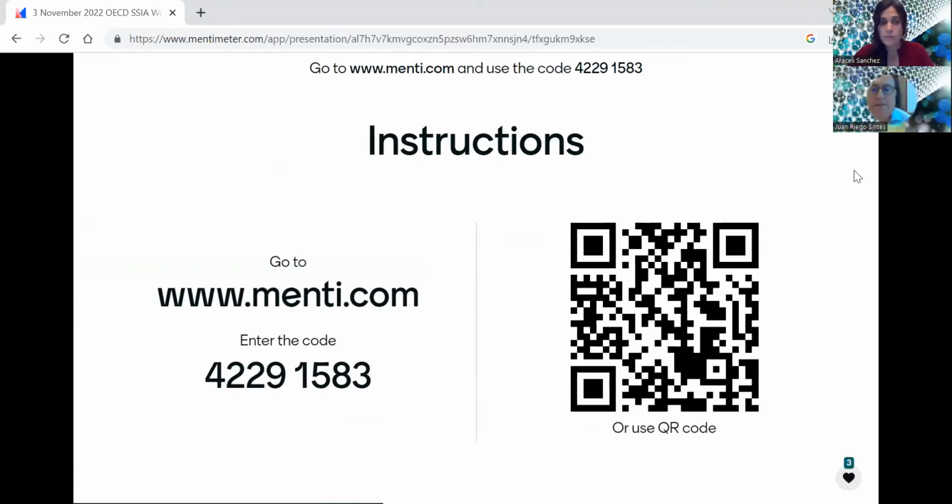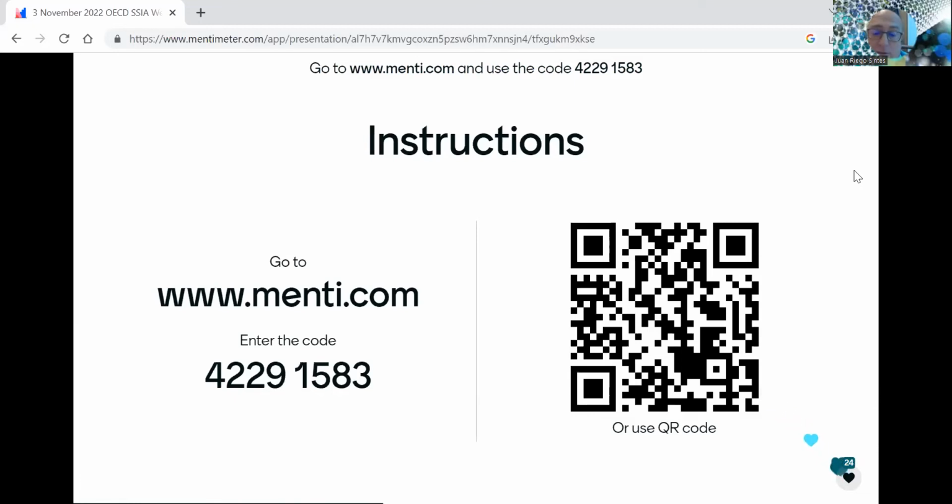Thank you, Araceli. I am Juan Reigas-Sintes, working in the Joint Research Center of the Commission, and collaborating with Araceli in this task of preparing such a compilation of, let's say, characterized tools for the implementation of safe and sustainable by design. So now we have a number of questions for you, and in order to make you able to participate in and provide answers to our questions, you have